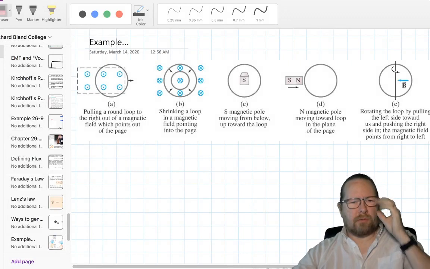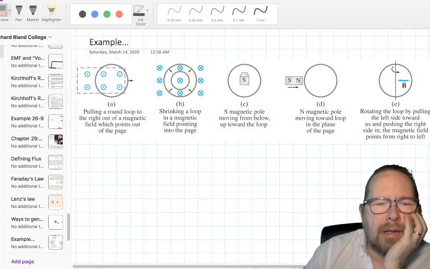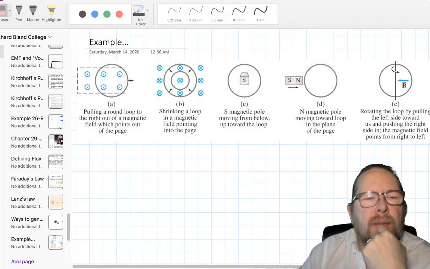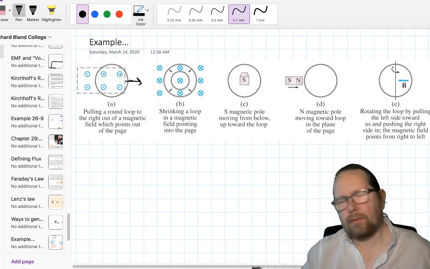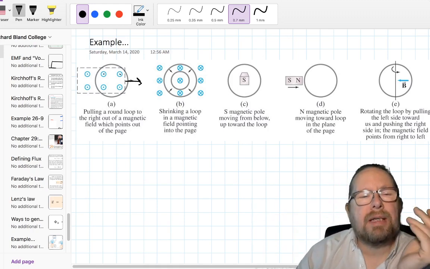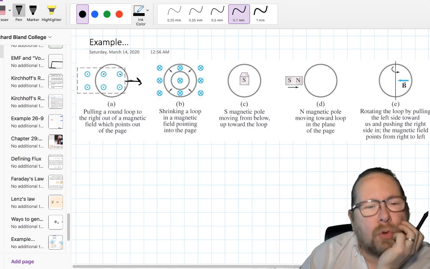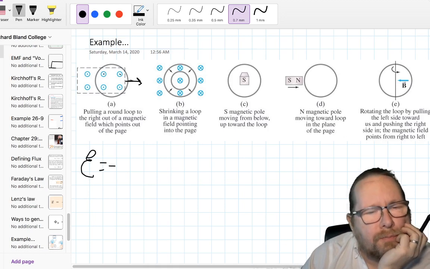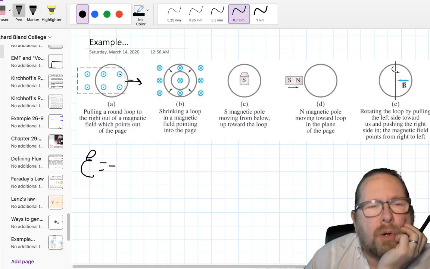Okay, so let's go through these examples, looking at Lenz's law and figuring out the direction of the induced EMF. The first example is you've got a magnetic field coming out of the screen, out of the paper, and you've got a loop of wire that's being pulled out of that magnetic field. So, if you are pulling the coil out of the magnetic field, you are decreasing the flux in the outward direction. And so Lenz's law says that the induced EMF is going to be equal to some negative rate of change of that flux, which means it's going to oppose that